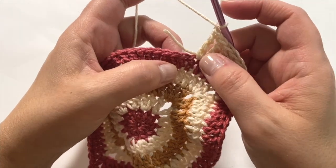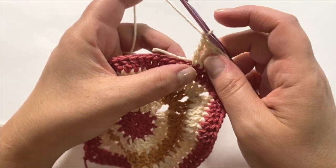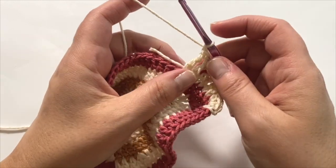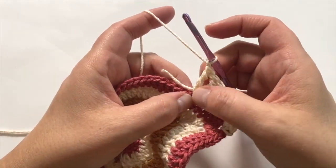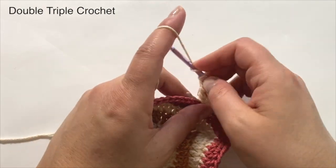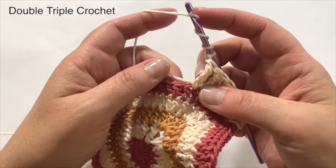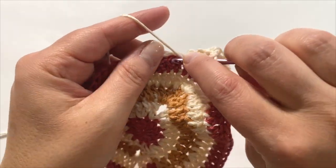And then what I'm going to do is work into the next 3 stitches with a double triple. Okay. So I've never really done this one on the channel before, but it is just a continuation in that method of how many times you're going to yarn over. So in this case, we're going to yarn over 3 times, 1, 2, and 3. That's a lot. And in the next stitch, we're going to insert that hook,